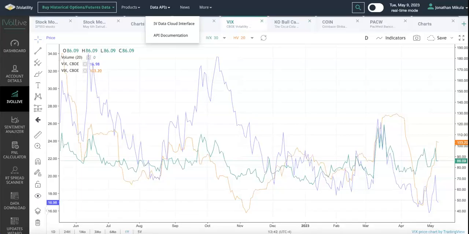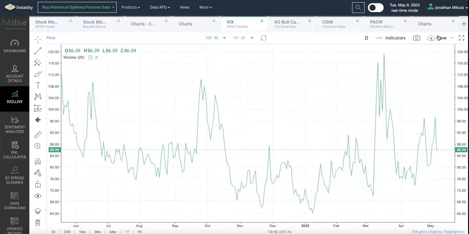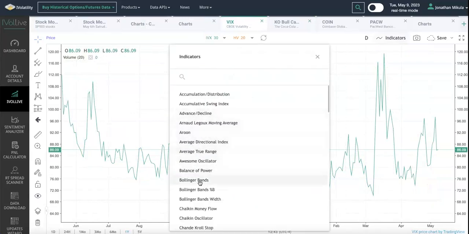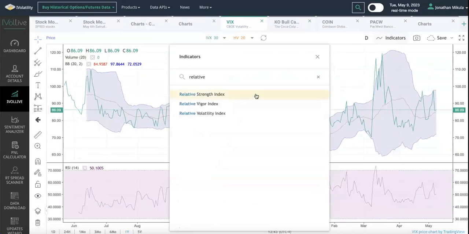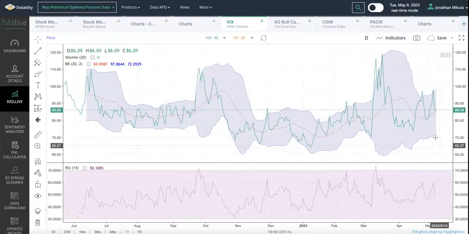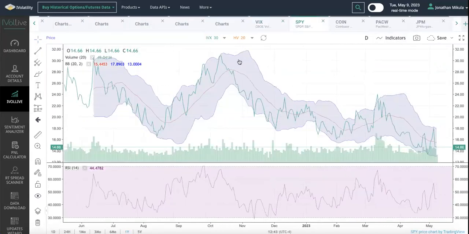If you remember, the VIX was as well. So if we add our bands, and then add our relative strength index, here we go. You can see we're almost identical on the RSI and on the Bollinger Bands